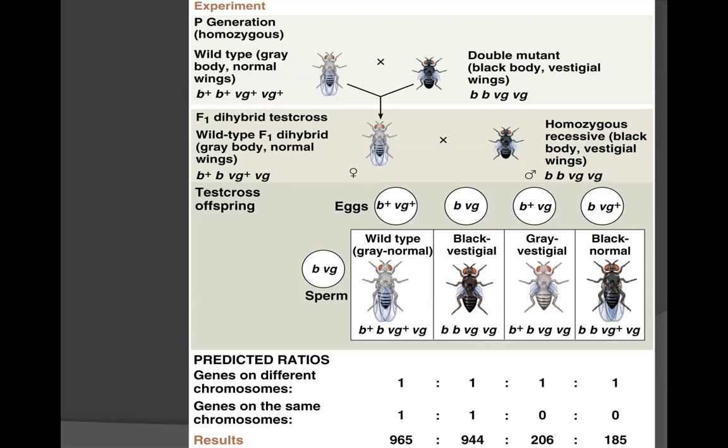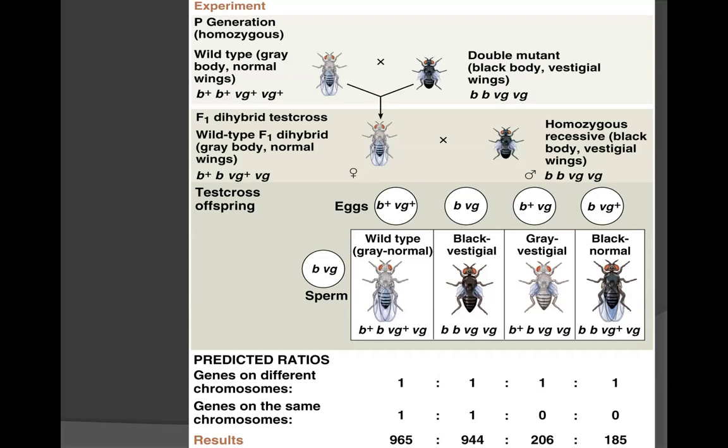If we take a look at the resultant offspring that would result from fusion of these eggs and sperms, we can see what the offspring would be genetically and phenotypically in the diagram below. We would have wild-type gray and normal flies that would have the genotype B plus B, VG plus VG. Note that this would be considered to be a parental, because this is the same genetic makeup as our heterozygous